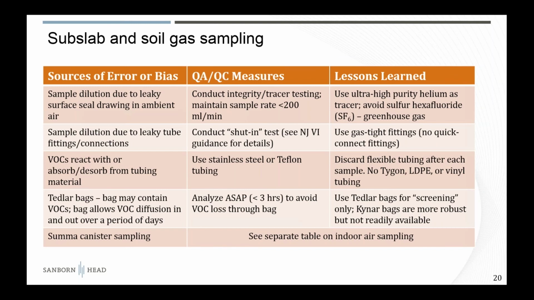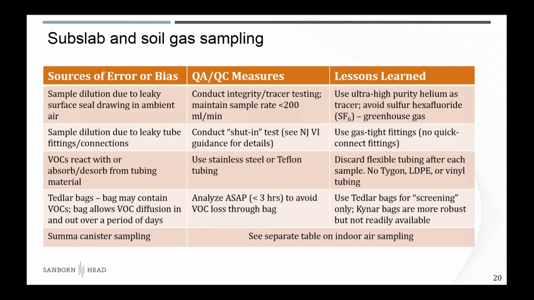And we talked about one of the main potential sources of error and bias, which is to get a diluted sample as a result of a leaky surface seal. A rule of thumb here is to maintain your sampling rate at less than 200 milliliters per minute. Again, somewhat of an arbitrary number, but generally consensus is that's a flow rate that's not going to create an over vacuum condition or an under pressurized condition, which can drive ambient air